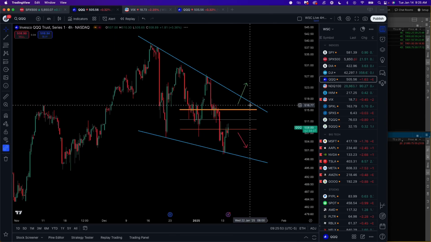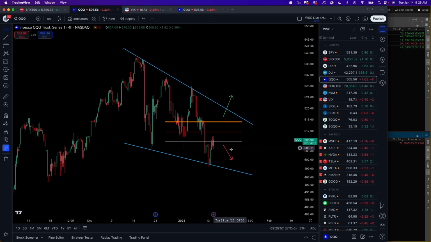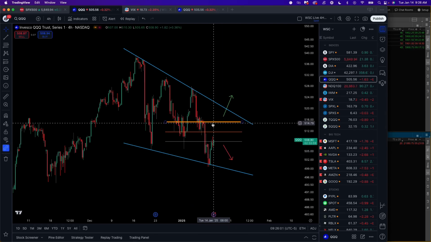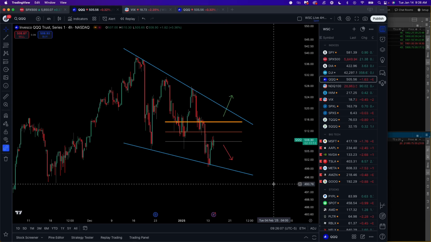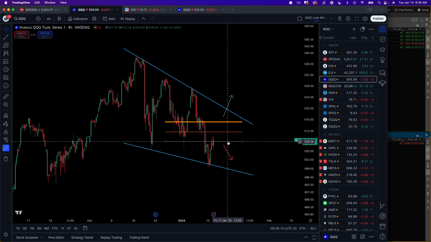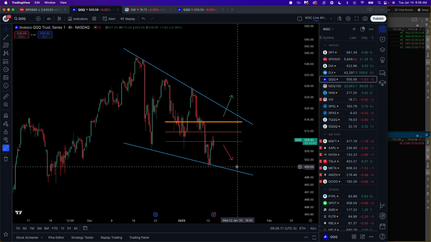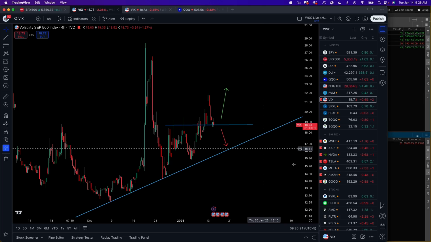What do we have here on the Qs? Same scenario. We bounce from support. Qs do have a lot of dark pool levels here working as resistance. Most important one would be the biggest at 515. While we remain below 515, I know it's a bit far, I would remain at least risk off or cautious here on the market. Breaking above 515 would be bullish. Breaking below 508, top of the bottom range, would be a clear bearish signal for a potential retest of lows or even break lower.